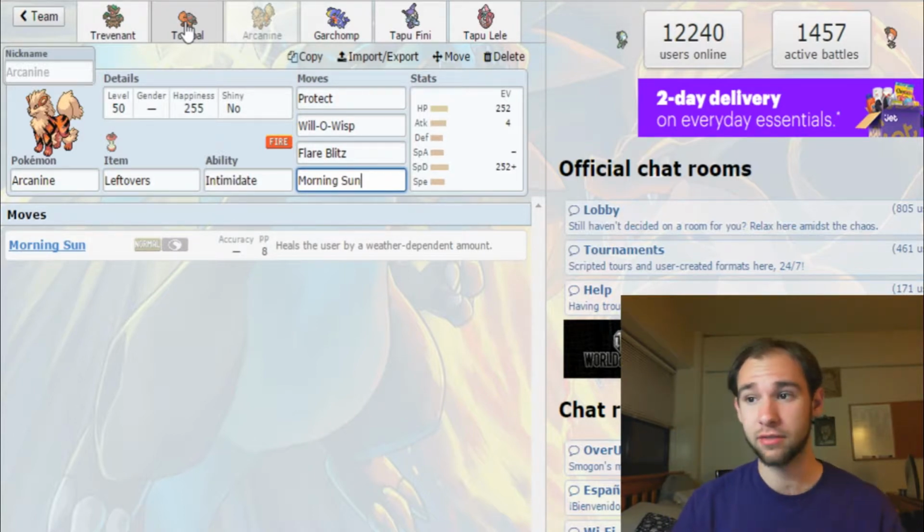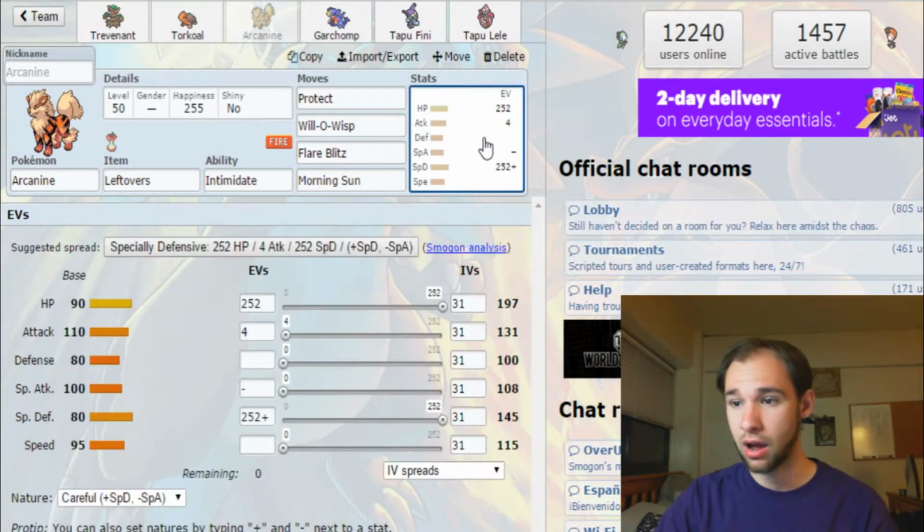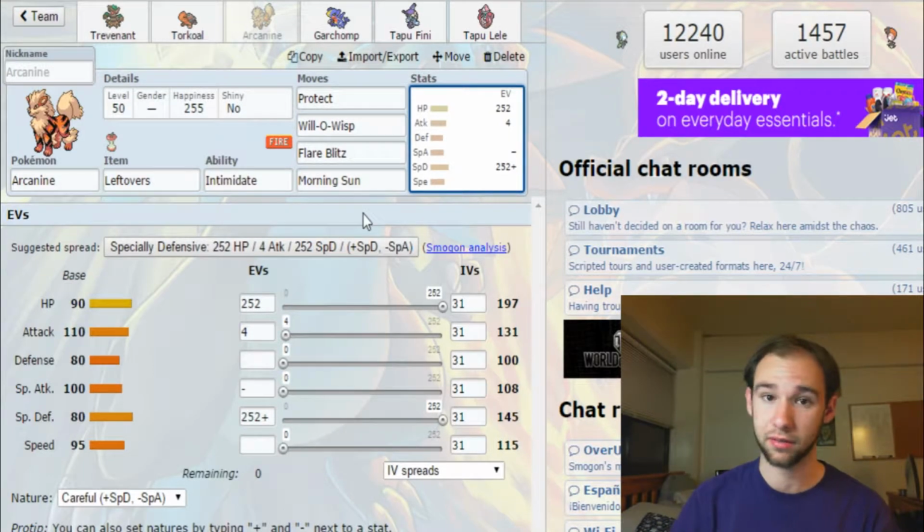So Arcanine's going to be on the field for a long time, spreading burns, and Flare Blitz in the sun, even though we have only 4 attack investment. Flare Blitz in the sun is still going to be hurting things pretty hard. So pretty versatile mon. You can run this Arcanine in a ton of different ways. You can do physically defensive if you want to do that more, which I might end up doing,